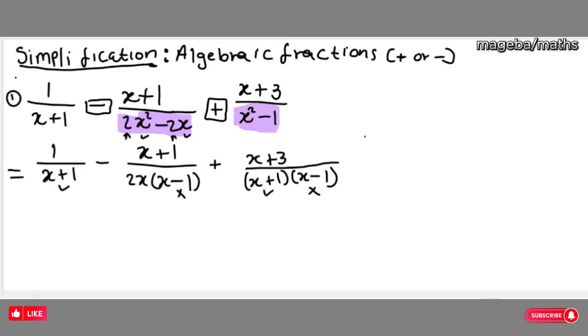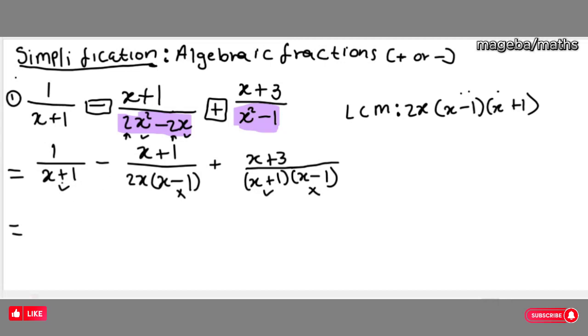Now let's take our LCM. So we're going to start with the one that is not common, which is just 2x. And then now I'm going to take x minus 1. I'm going to take x plus 1. These two are common, so I'm going to take one of the two, which is going to be our LCM. Now, the second thing that I have to do here, I need to make sure that my denominator is the